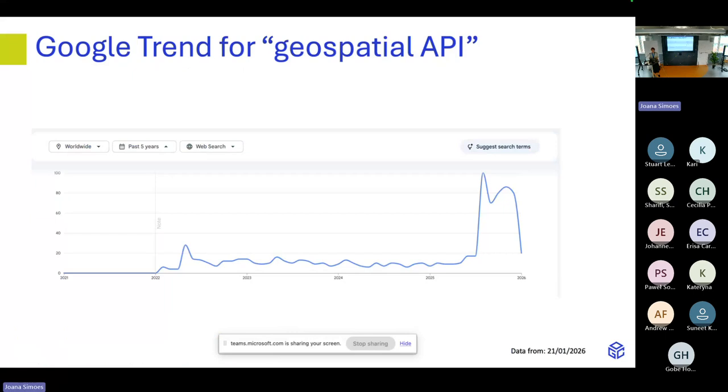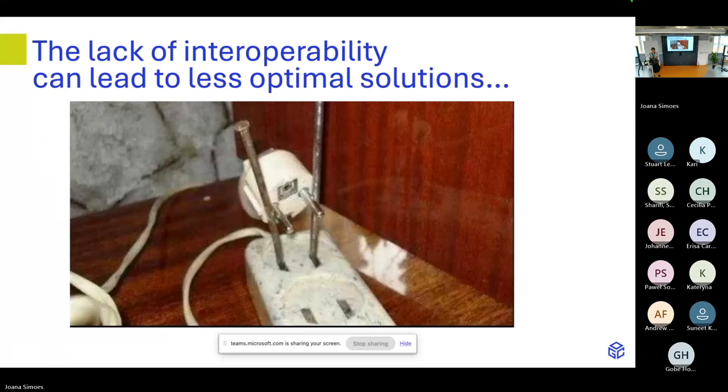We can also look at the Google Trends for geospatial API. You can see there's been an interest lately. But sometimes the lack of interoperability can lead to solutions that are not optimal. The fact that we have all this proliferation of web APIs doesn't mean that necessarily they can talk to each other. And this is the reason why here in OGC, we dedicate our time and effort to create